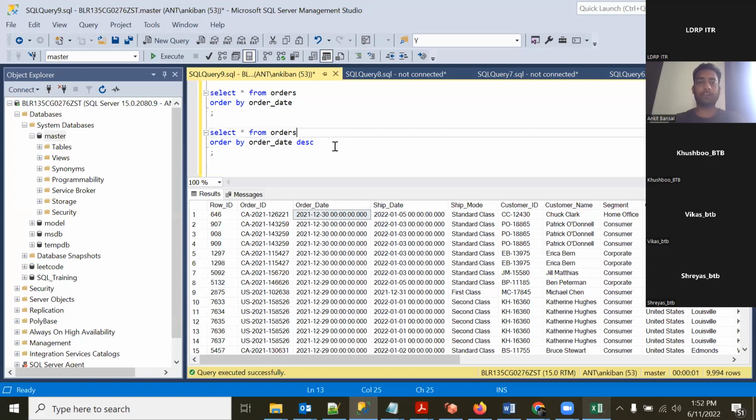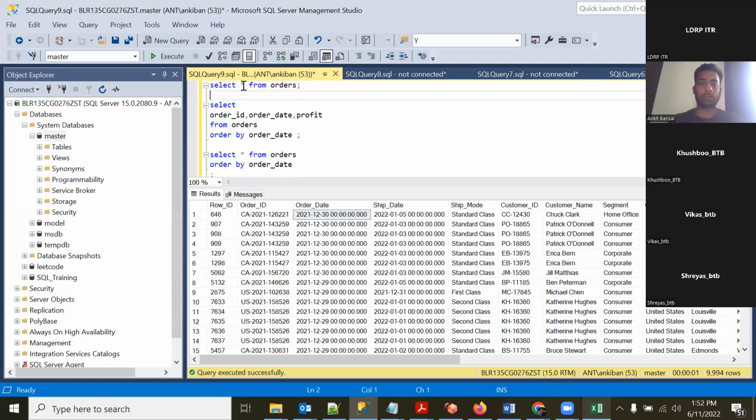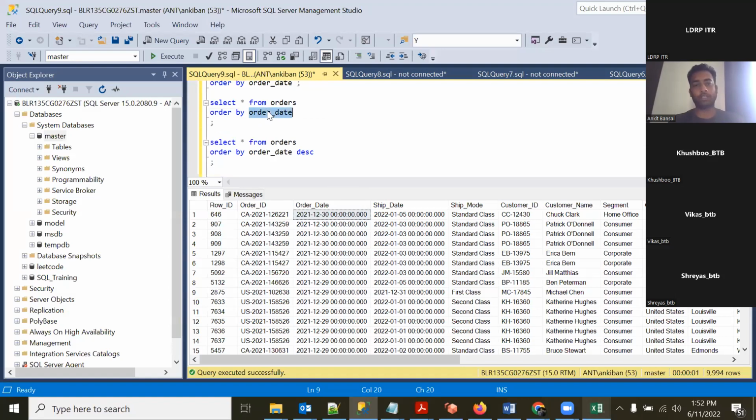Okay, so far we have seen that we can select all the columns, we can select columns which are required, and we can sort the data as per whatever we need. If we want ascending order, then ascending; descending, then descending. Now we can in fact sort the data on more than one column. So for example, if you see, all these orders are on the same date, so these can come in any order because the order date is the same. What I want, in case the order date is the same, is to sort by